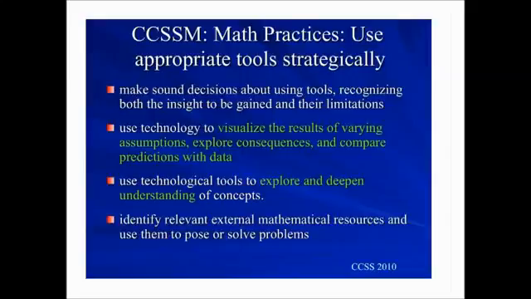On this slide you see here, we've highlighted a few things under the articulation of that particular practice that have really played into our thinking about using technology. For example, we're really looking at using Nspire to help students visualize the results of trying varying assumptions, exploring what the consequences of varying those assumptions are, and then comparing their predictions with data. And ultimately, we're really looking for these tools to explore and deepen understanding of concepts. I do want to stress that